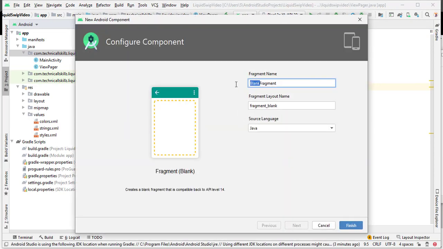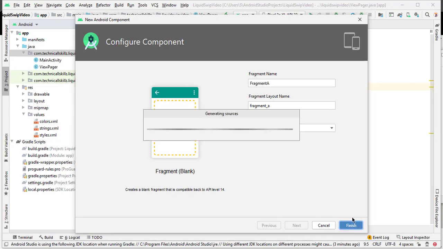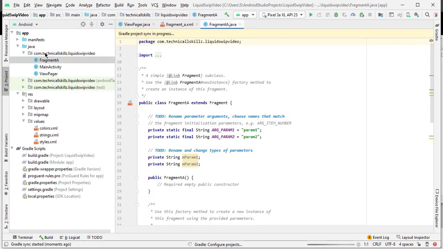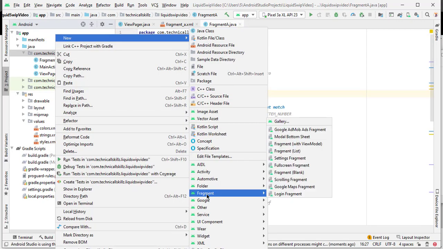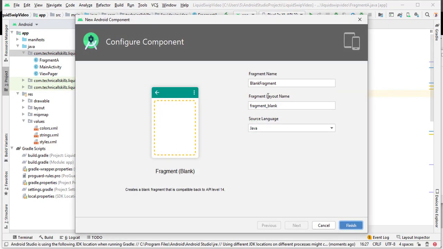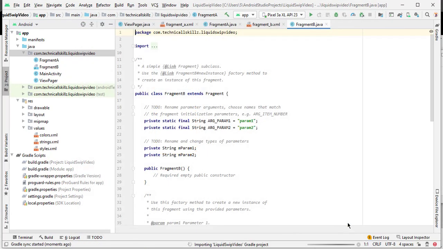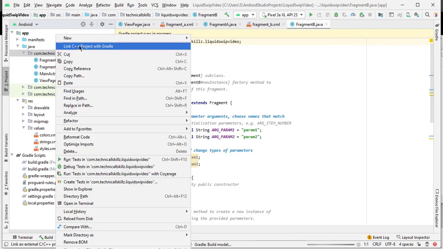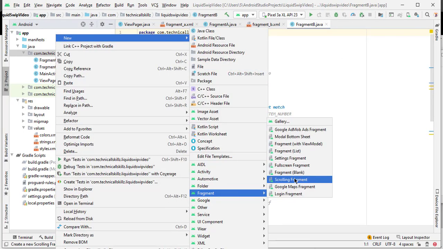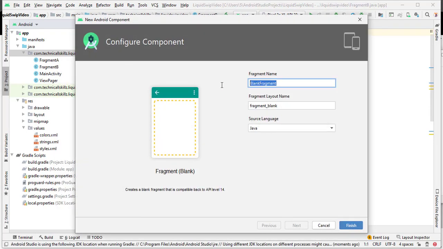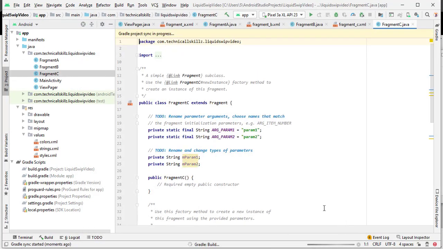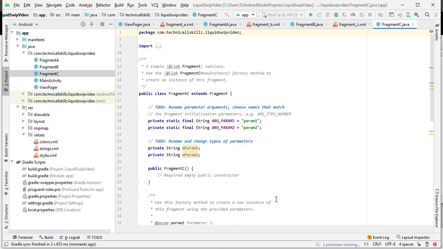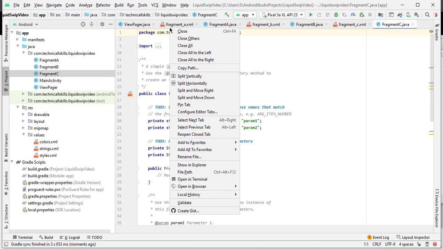So here I will call fragment A. Now we will create the fragment B. Okay, our fragments are ready. So now I will close all the files.